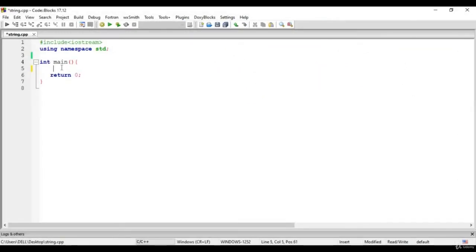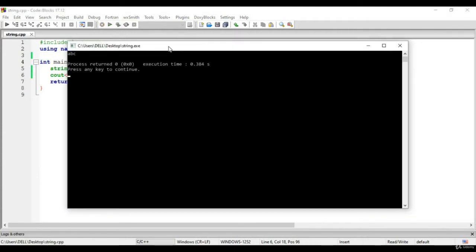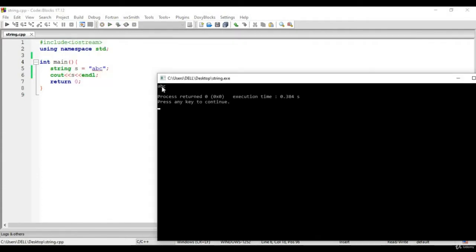So let us create a string S, let's say it is containing ABC, and then you can print your string. So let's see. So ABC is getting printed.